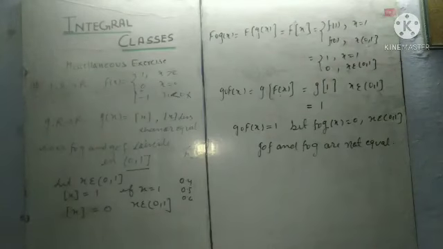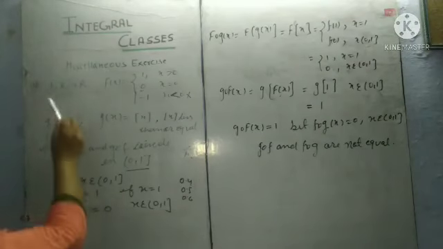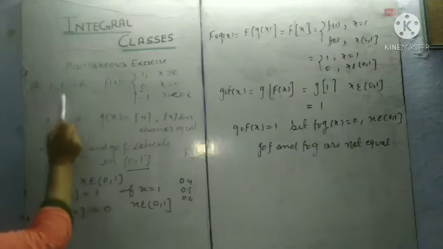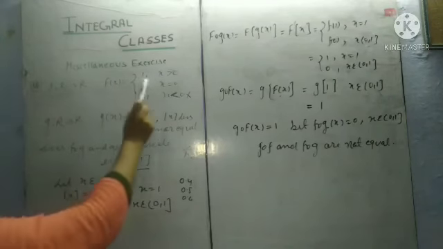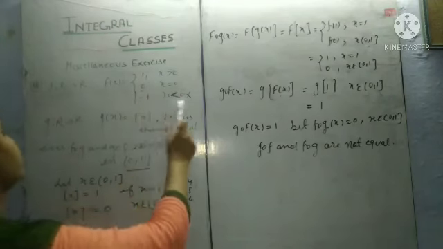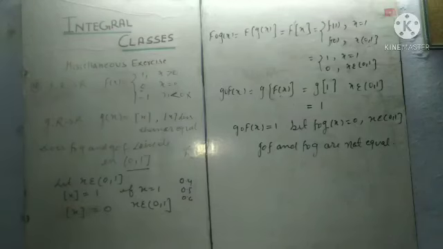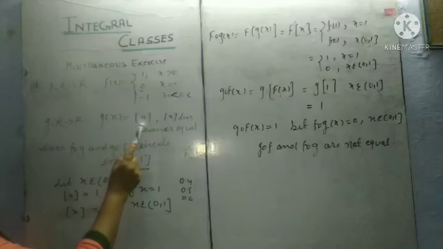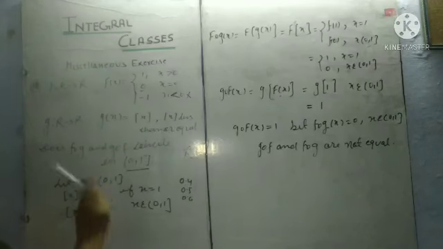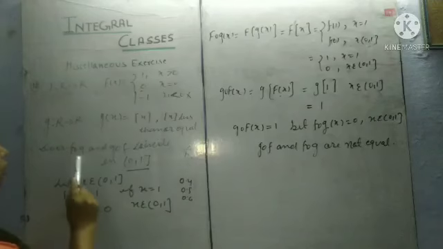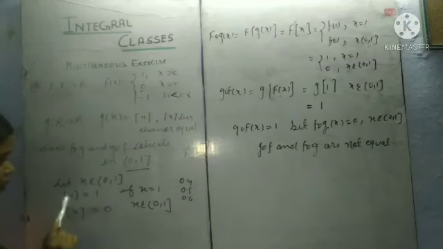Question number 18. In question number 18 we are given that f and g are two functions defined from R to R, and f(x) is given as 1. We know which kind of function this is. It is a constant function. Now g(x) is equal to [x]. It is a greatest integer function. Now the question arises here, find whether fog and gof coincide on the interval, which is given as 0 to 1. So student, first we will find, suppose we put here mod x.